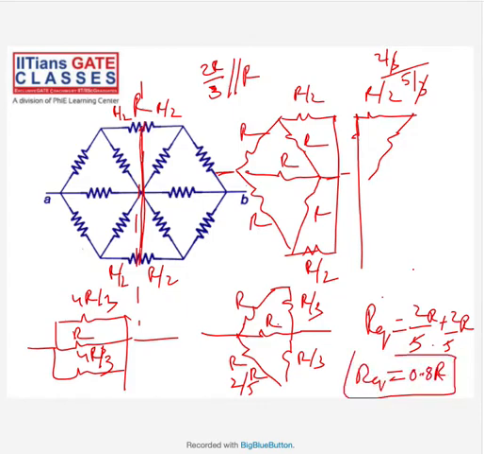You understood how to use the concept of symmetry? You can either short it or open it. When the current comes here, it divides here; here, it doesn't divide. So you have to understand whether the current is dividing or not. You can use that way or you can short it. You'll get the same answer. If you understand the concept of symmetry, you can either open it or short that.